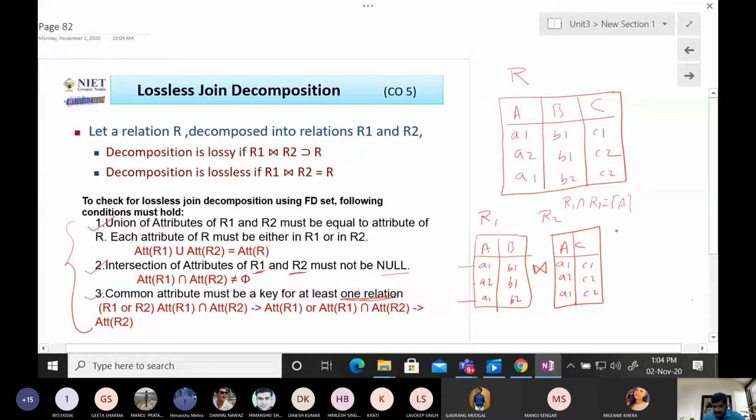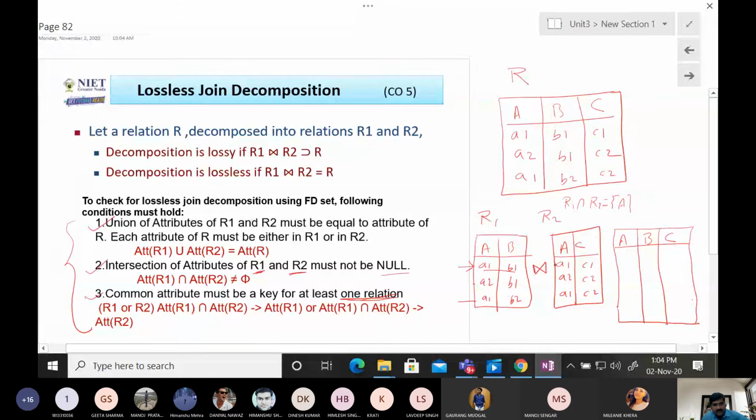Now after joining, let us see how many tuples we get in the result. Suppose we perform natural join. Then after performing natural join, there are three columns and the duplicate column we ignore in natural join. Now if we want to associate this tuple with the tuples of R2, then this tuple will associate with two tuples.